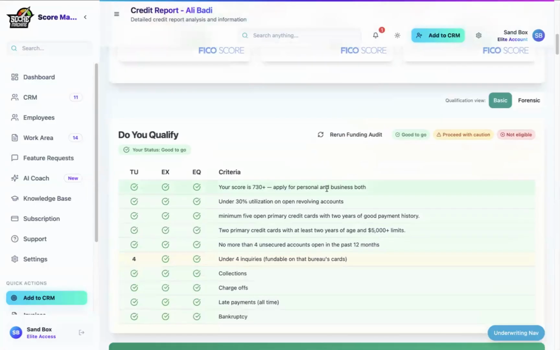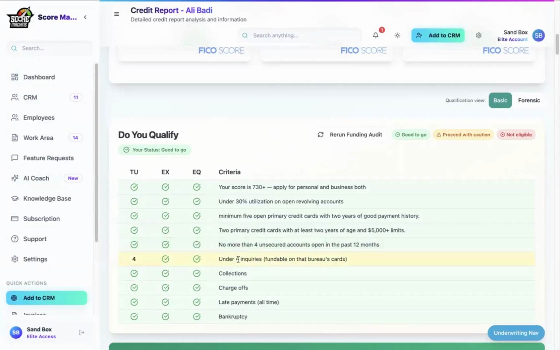Here are your data points. Your score is 700 to 730 plus, under 30% utilization on open revolving accounts, a minimum of 5 open primary credit cards with 2 years of good payment history, 2 primary credit cards with at least 2 years of age and 5,000 plus limits, and no more than 4 unsecured accounts opened in the past 12 months,